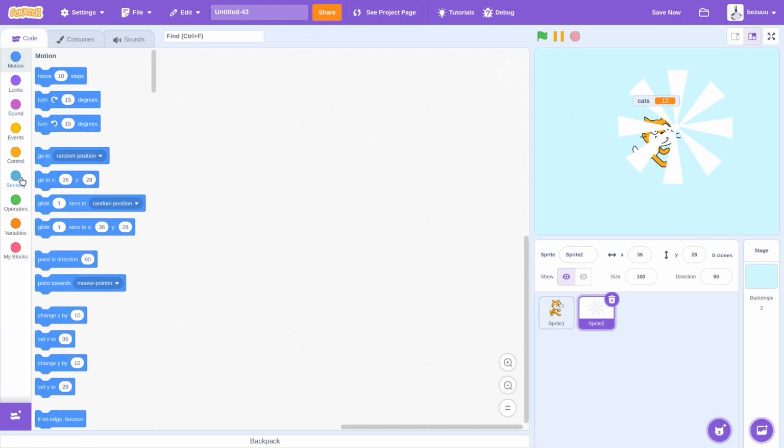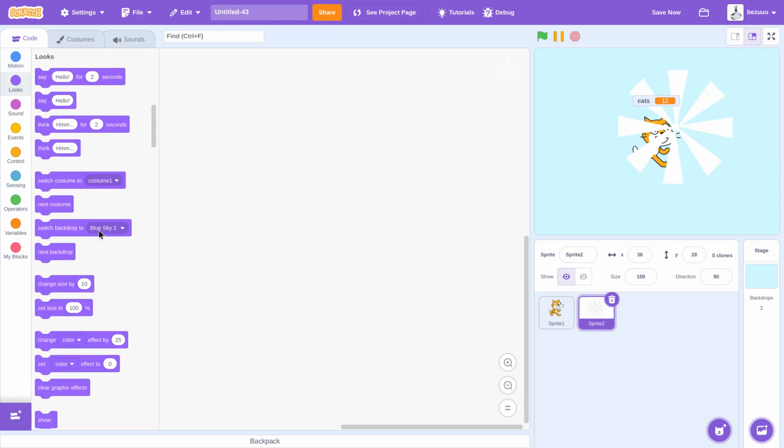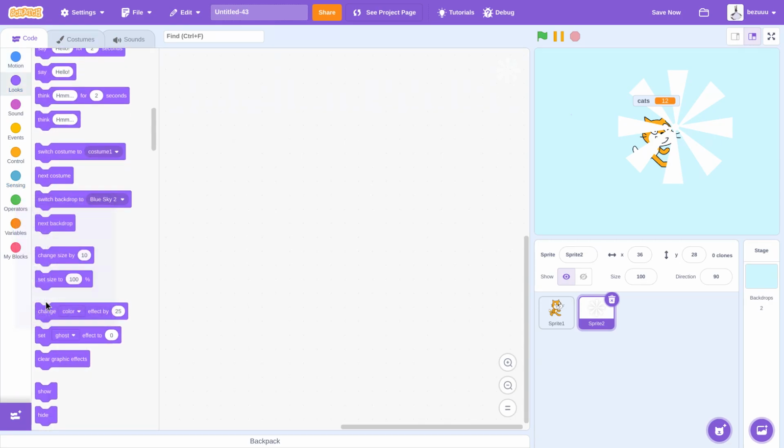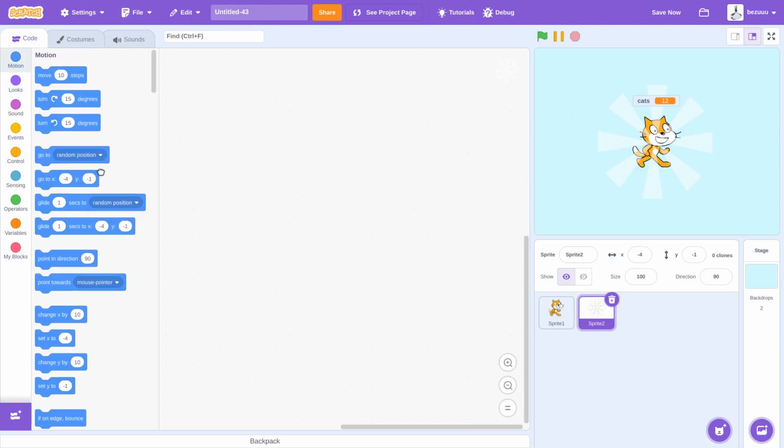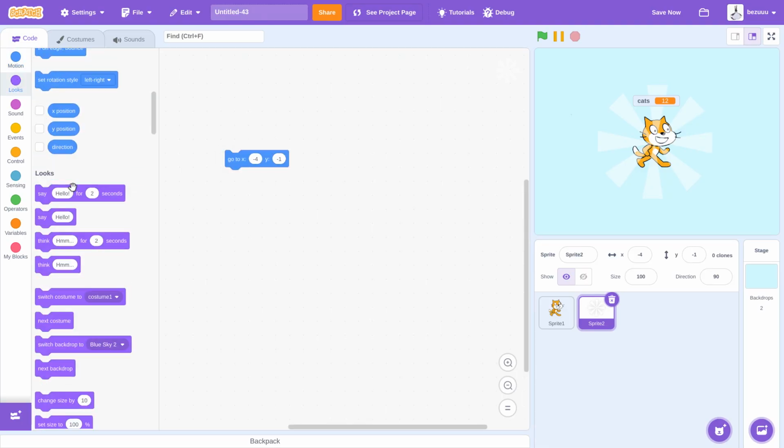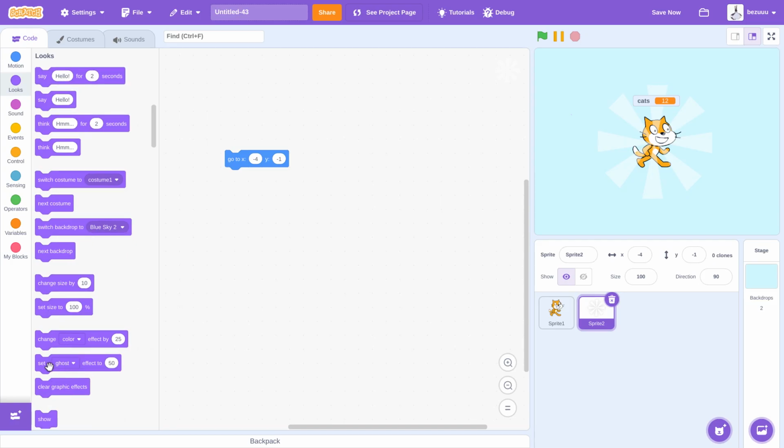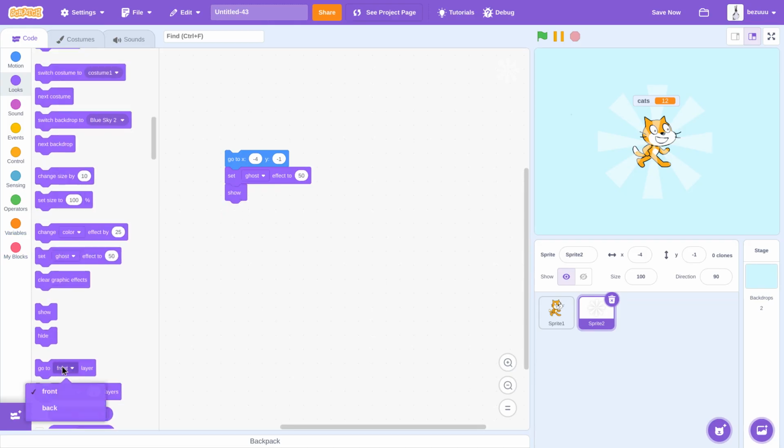Going to be setting ghost effect to 50, like that, and then going to go around right here, and then set ghost effect to 50, show, and then go to back layer right here,